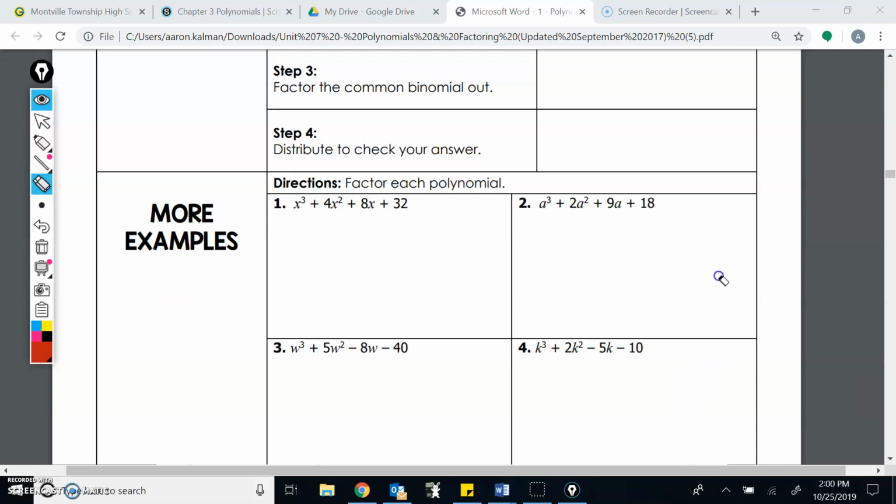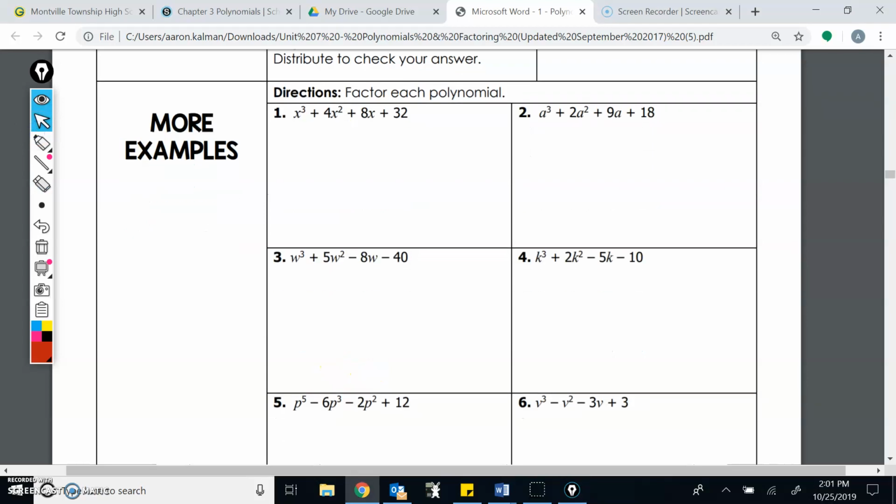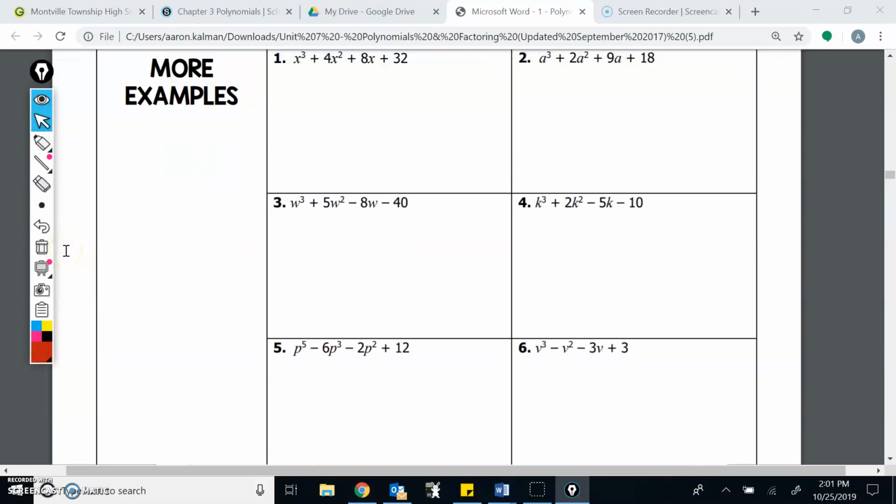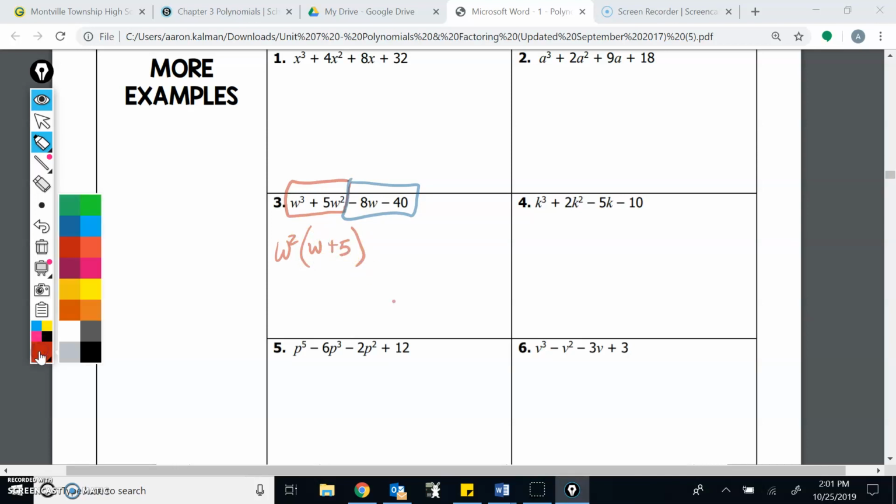Let's see, let's do number 3. Split this polynomial into two binomials. Don't forget this negative sign right here. Take out the GCF of the red one. The GCF is w squared. And we're left with w plus 5. In blue, the GCF